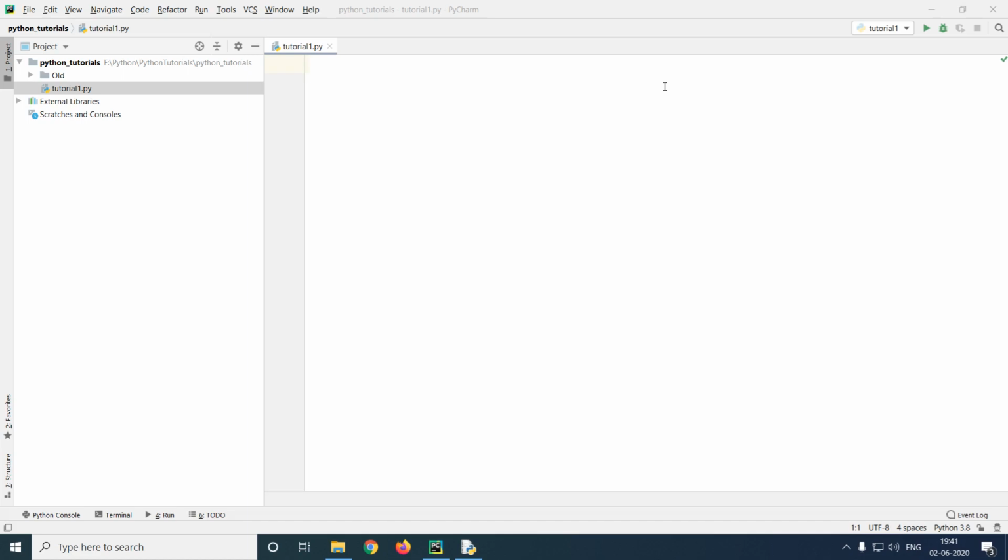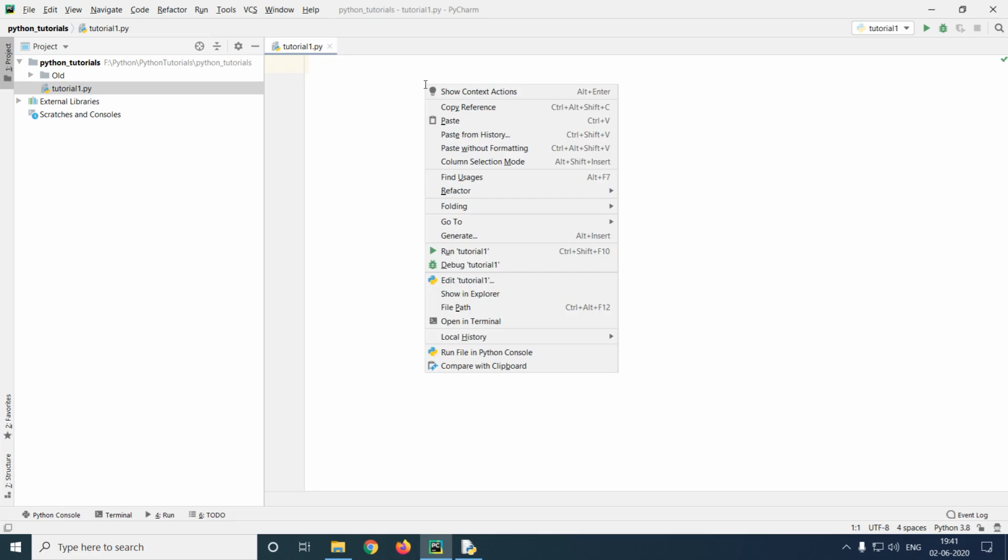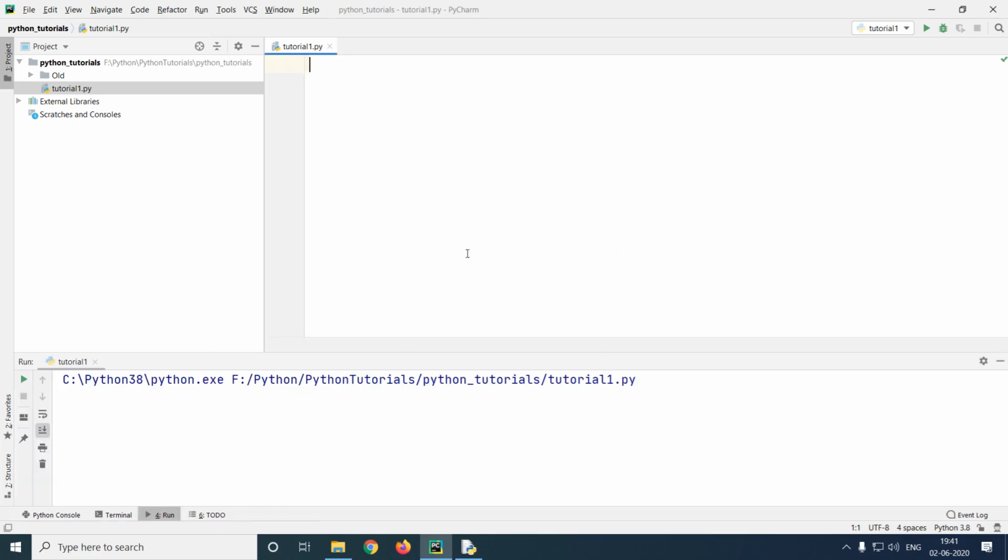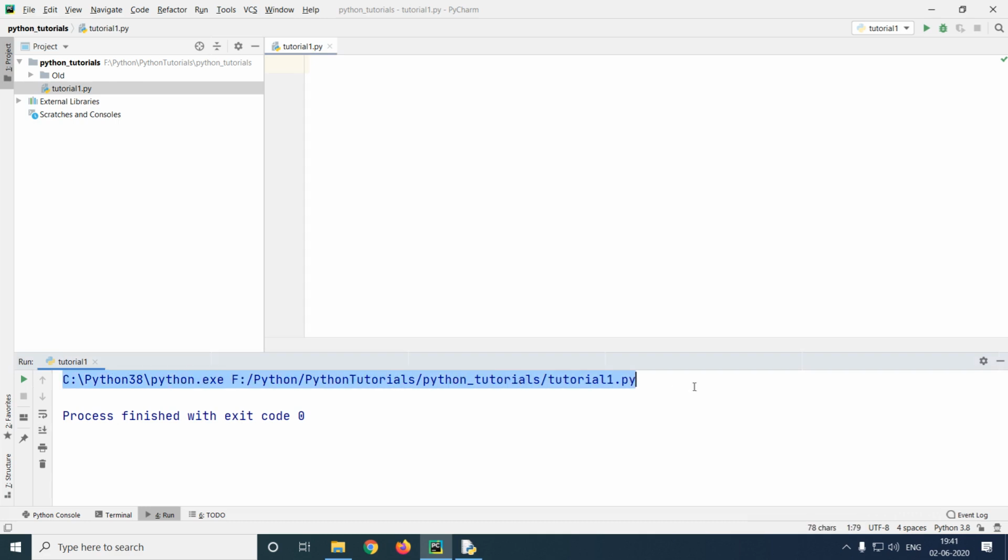The next thing that you should know is how to execute your Python file. In order to execute your file, simply right click on your editor and choose Run. The other way to do so is by choosing Ctrl, Shift and F10. Now if you choose simply Shift and F10, it is going to execute your last run file. This last run file can also be viewed on your right hand side top corner, which is right here. Now because our Python file is completely empty, the output in our console is also empty. It states a file which is being run, and finally it shows exit with code 0, which means there were no errors.